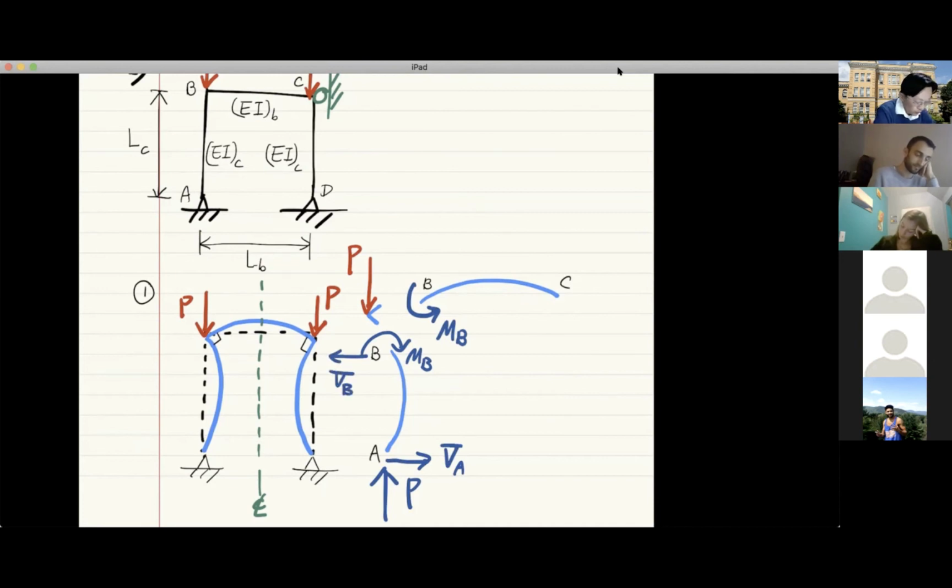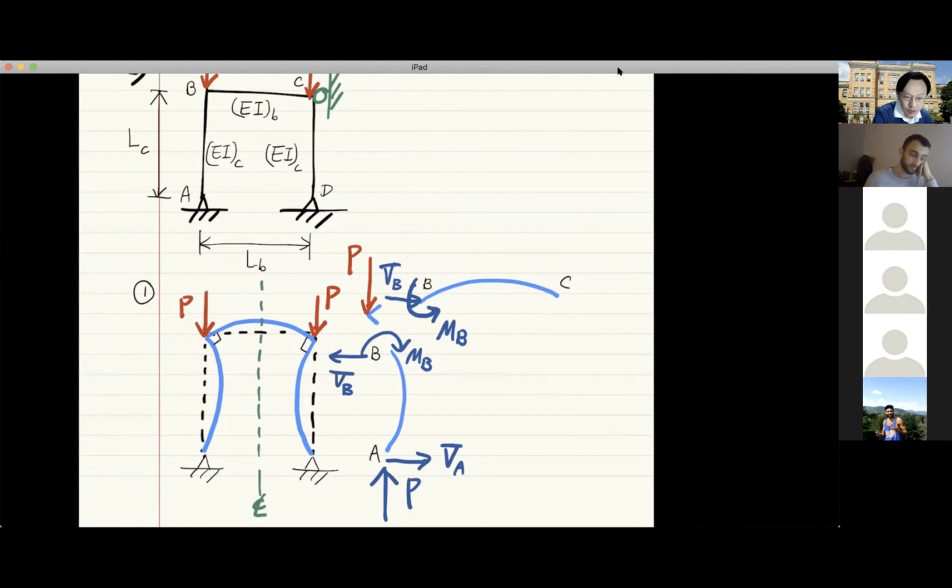If VB is pointing to the left, what happens at the B end of column AB? What happens to the B end of the member BC? You have a VB pointing to the right. Yes, it has to point to the right to pass the force. So this will be the VB here. Okay. Now, with the member BC